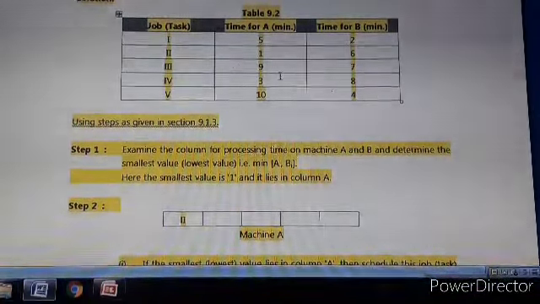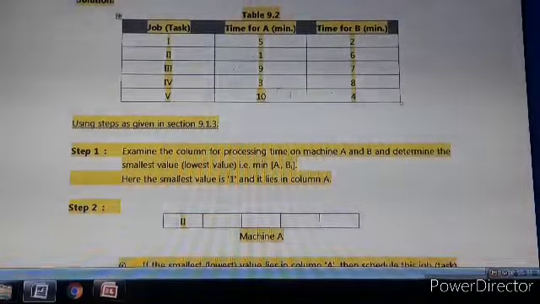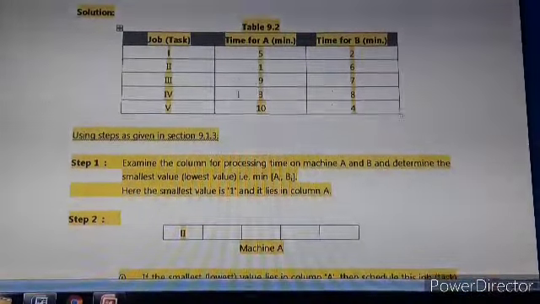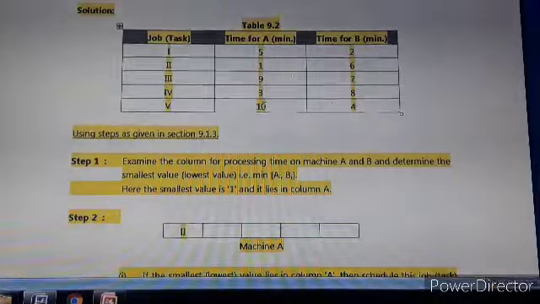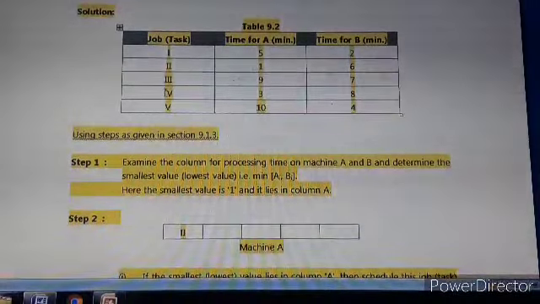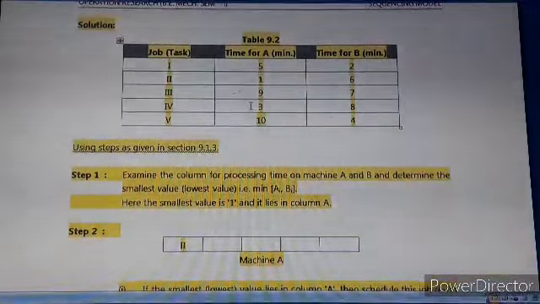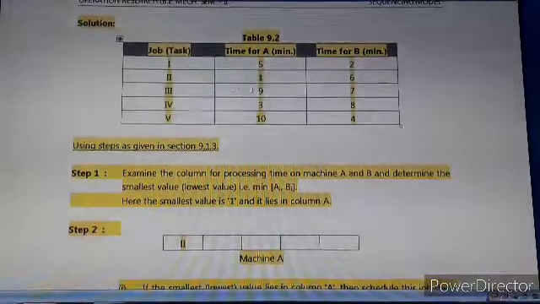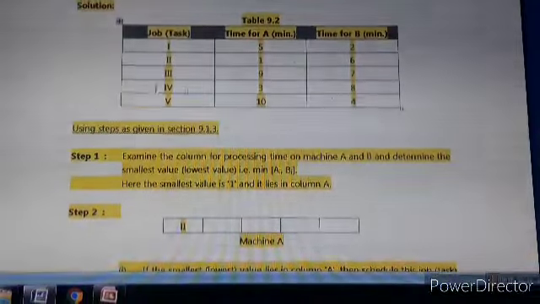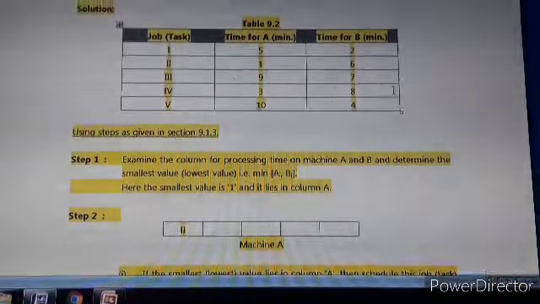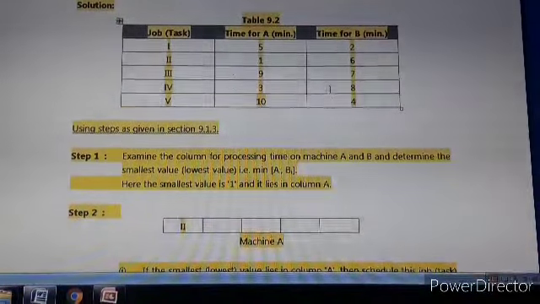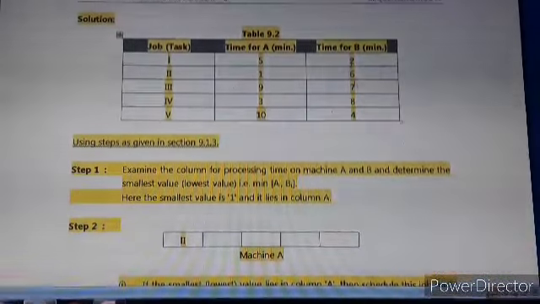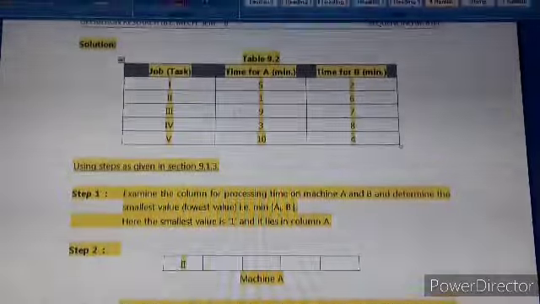Again we have to proceed for the next smallest time. The next smallest time is 3. Again it is in column 1 and that is with respect to job 4. So we'll assign job 4 first on machine 1 and we'll score off this complete row. Then the next smallest value is 4. Again it is in column 2.